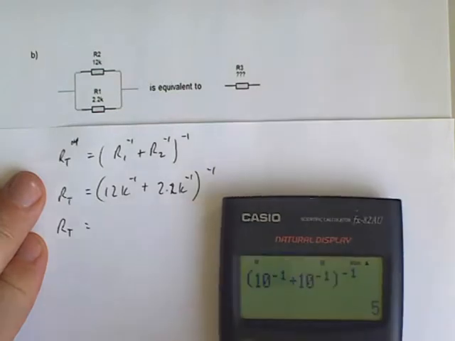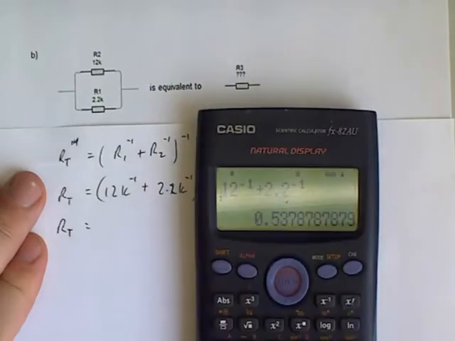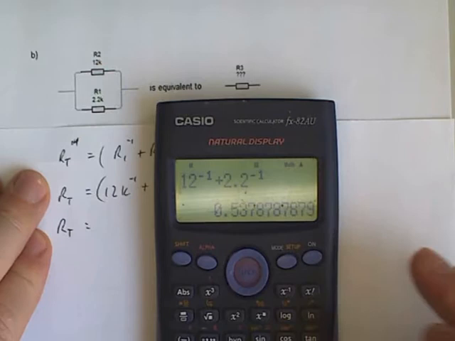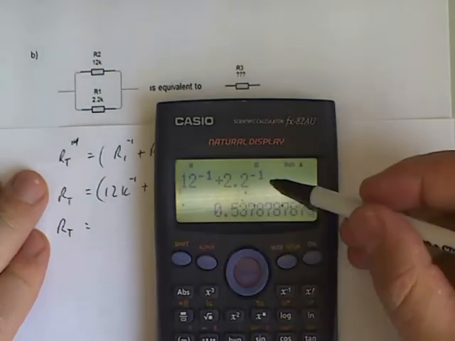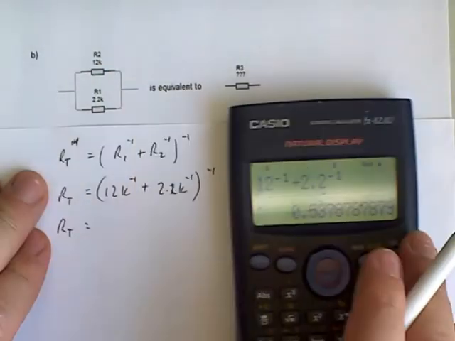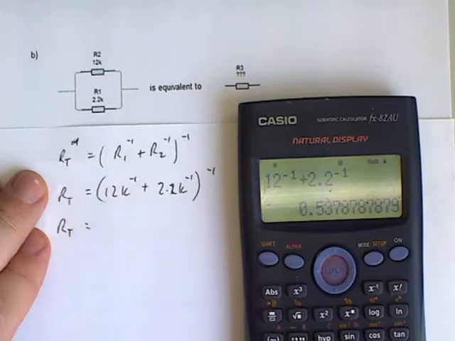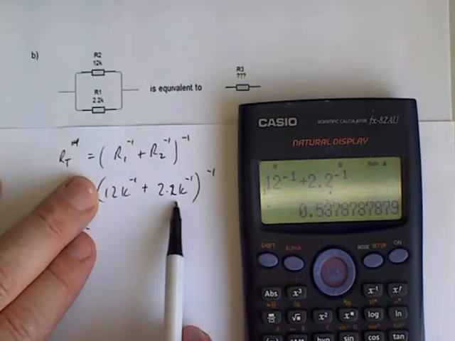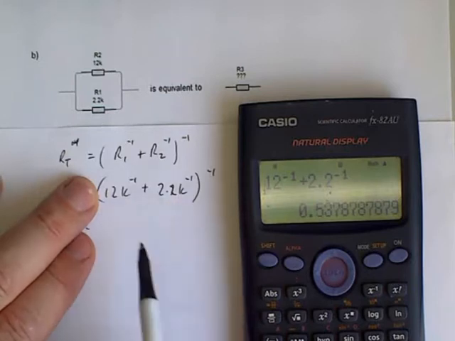So if I do my 12k, I'm just going to work in K. Now notice how I'm getting a very small number there, 0.537 something. That's because I have forgotten to do the final reciprocal. So I haven't done the brackets in this case, like I did before. So I've just done the 12k, the reciprocal of 12 plus the reciprocal of 2.2, added them together, and I